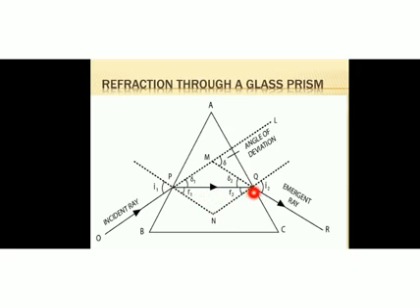Okay, so here also, for the face AC, this ray PQ is the incident ray. So a normal is constructed here. This dotted line represents the normal, and an angle is formed between the normal and this ray. We can consider this angle as the angle of refraction itself. Since it is the refracted ray, let it be R2.